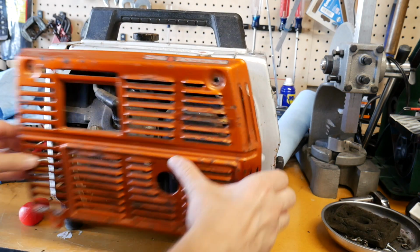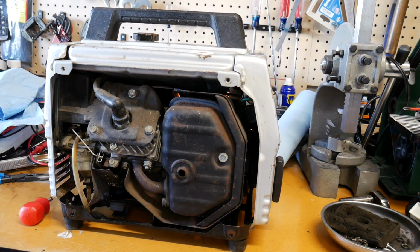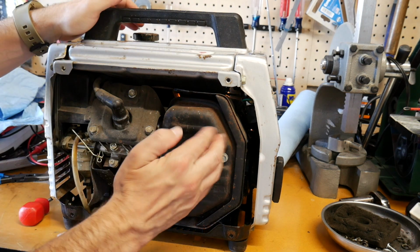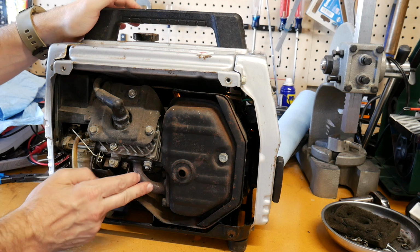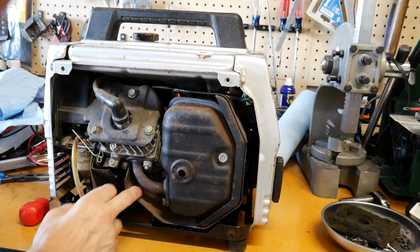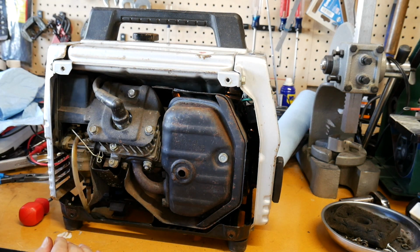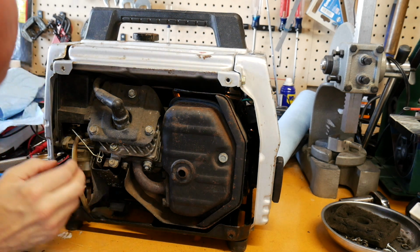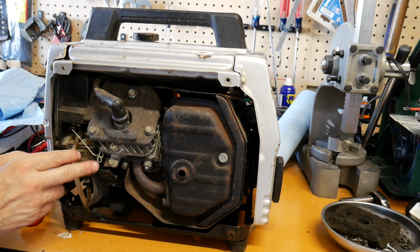See how bad off we are. A little bit sweaty under there, huh? But not too bad. Some surface rust on the muffler. These things are just tanks. And you're supposed to be able to pull this piece off. There's a spark arrestor in there, so I should probably do that at some point. I don't really want to do it right now because you actually have to adjust. There's this really little deal right here,